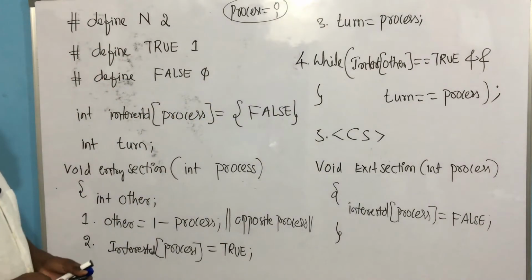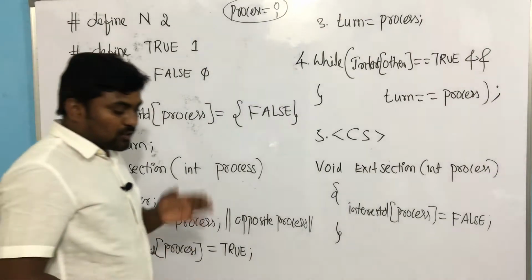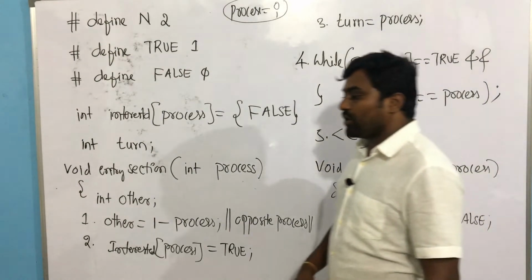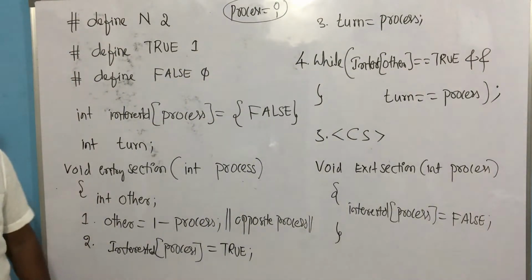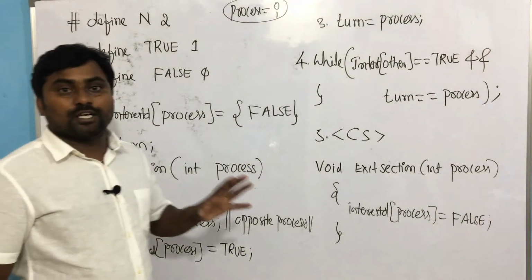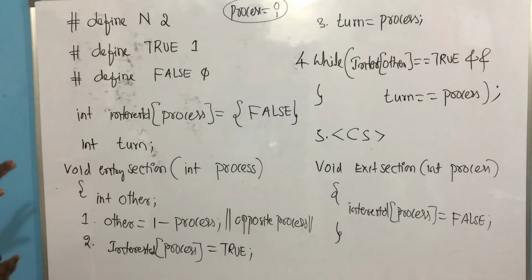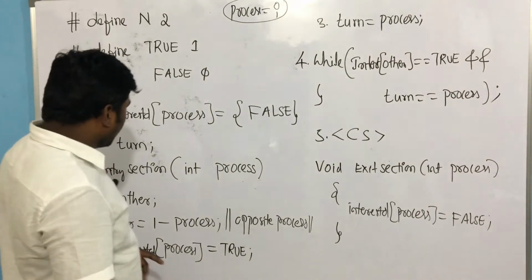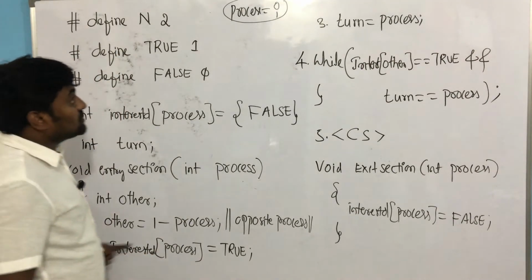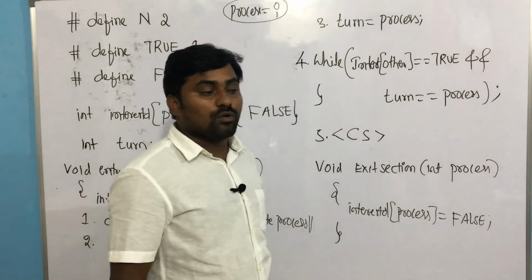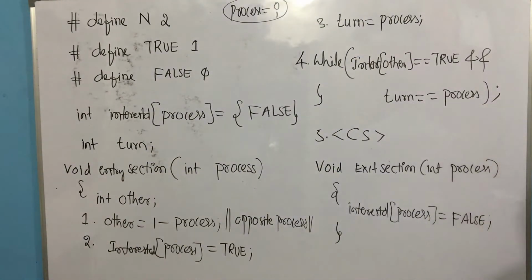This is the complete code for Peterson's solution, and I told you initially only this satisfies mutual exclusion, progress as well as bounded waiting, and definitely we need to justify whether these are going to be satisfied or not. First you copy, I will trace it out. There are 3 steps: one, you show your interest; then you update the turn value; and based on the turn value, one is allowed to use the critical section and the other has to wait at the loop. First all of you copy, I will trace it out.